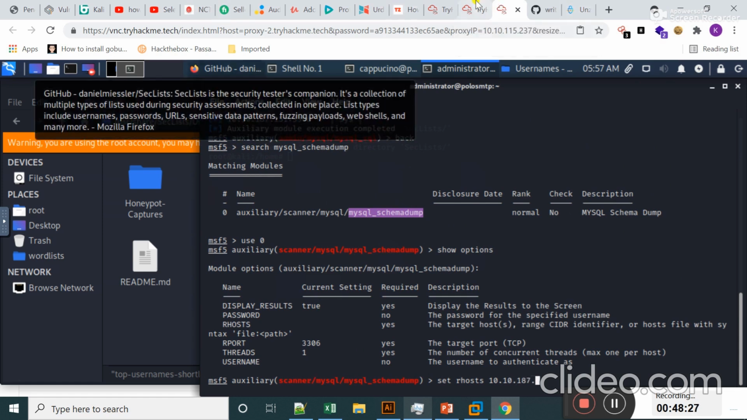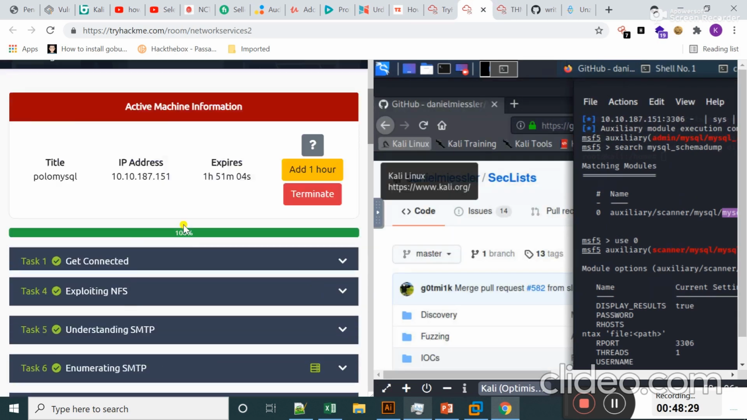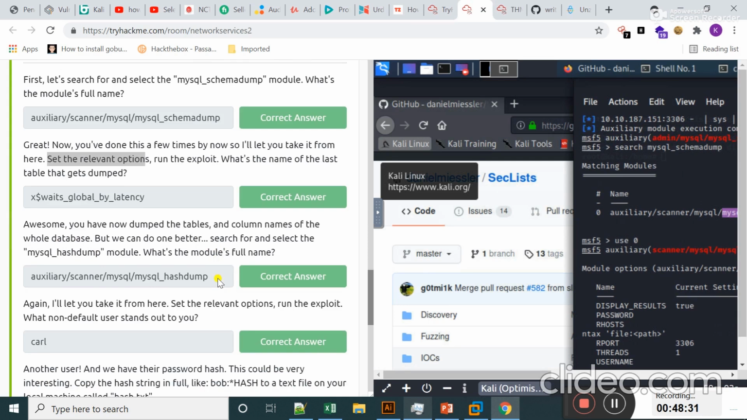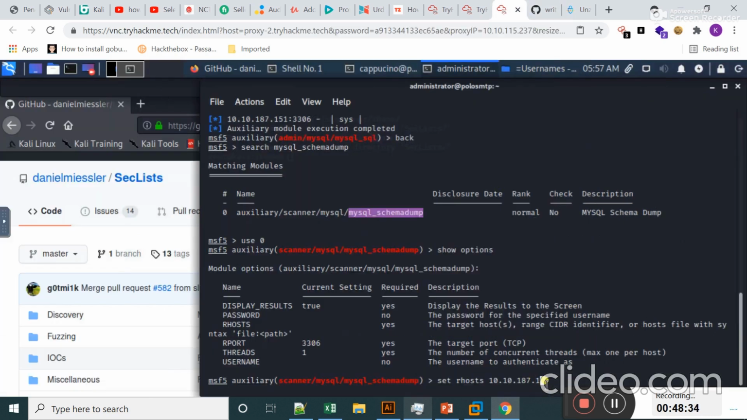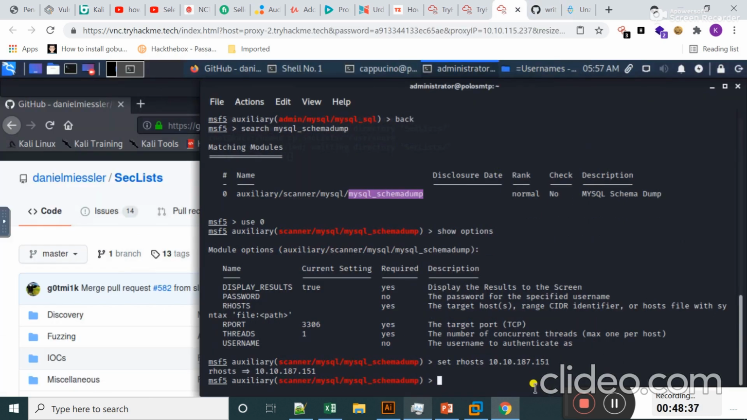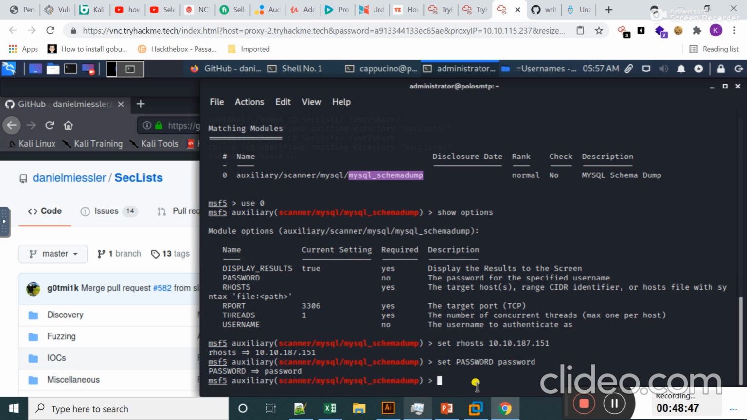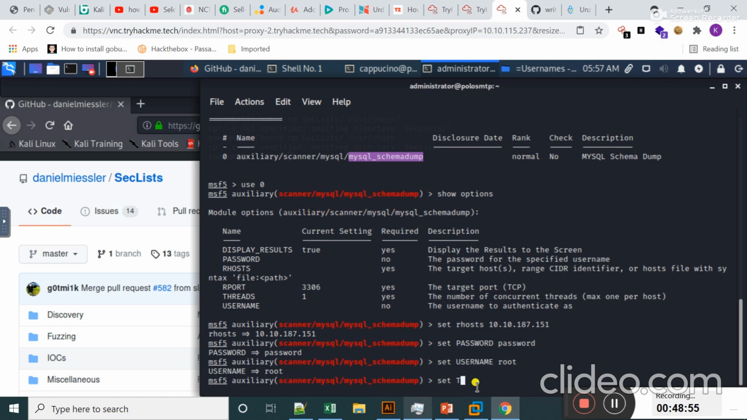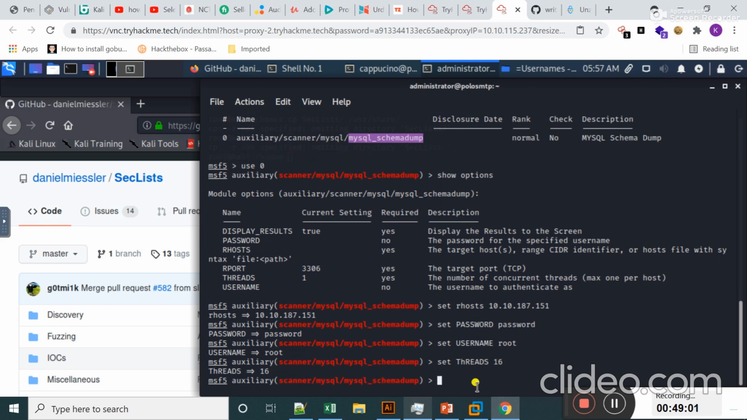10.10.187.151 and hit enter. Okay, now I'm also set password, and I'm also going to set username, root. I also set threads 16, hit enter. Okay, if I run this exploit,